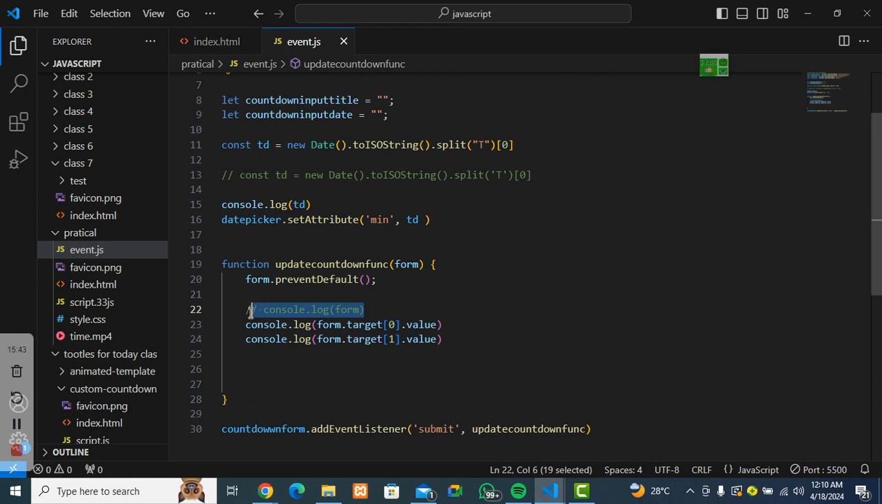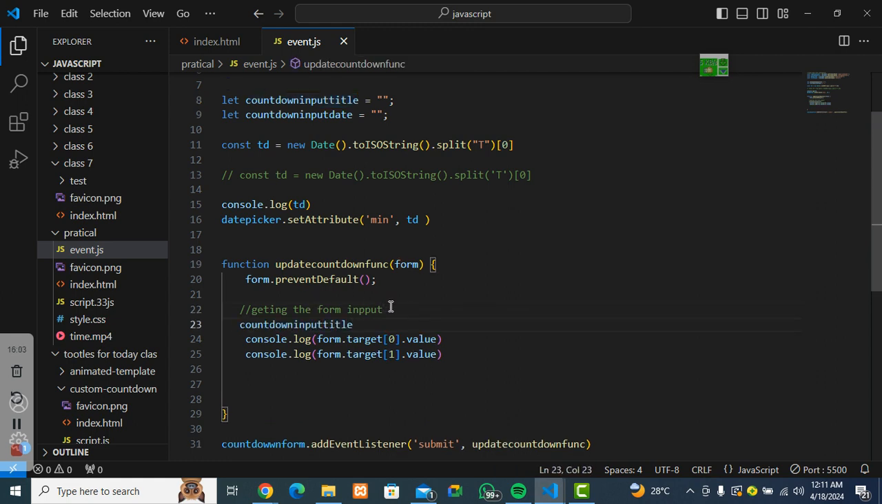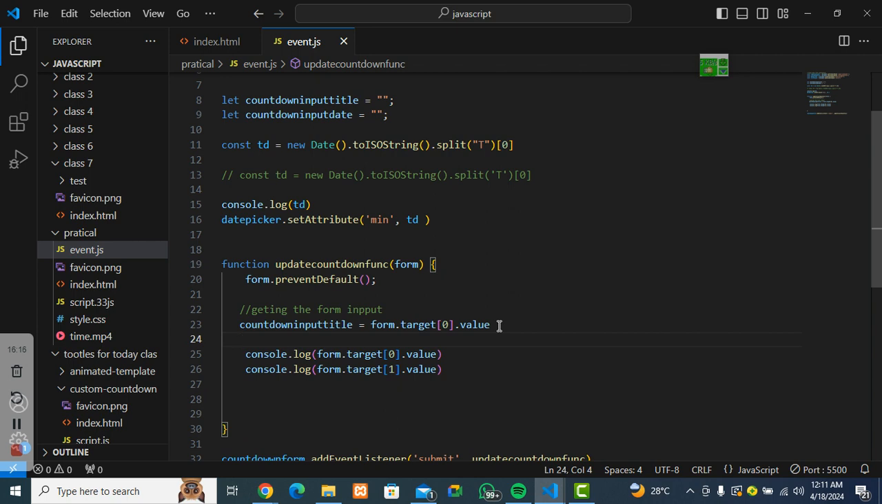So here we can say getting the form input, right? So I can just call this and then reassign this equals to, right? Then call this, then reassign this equals to,